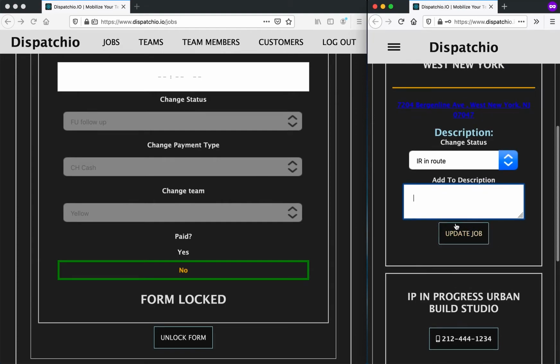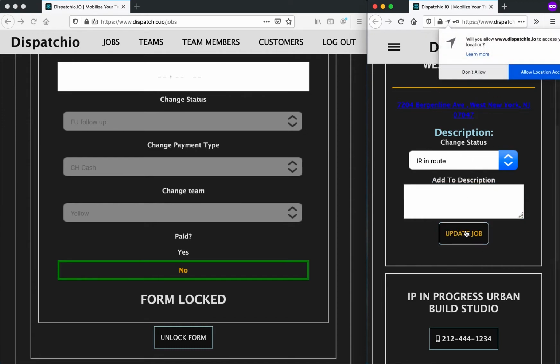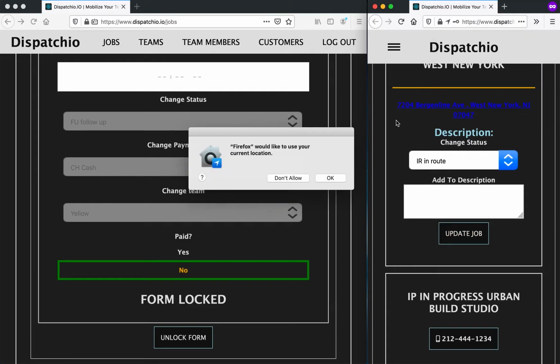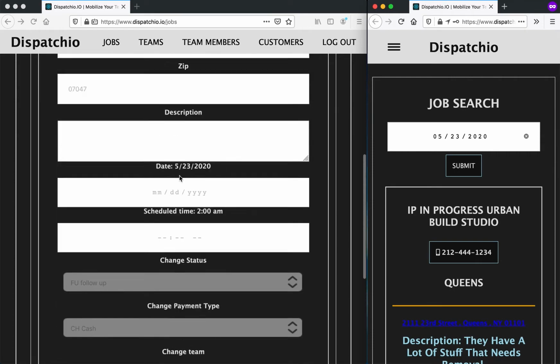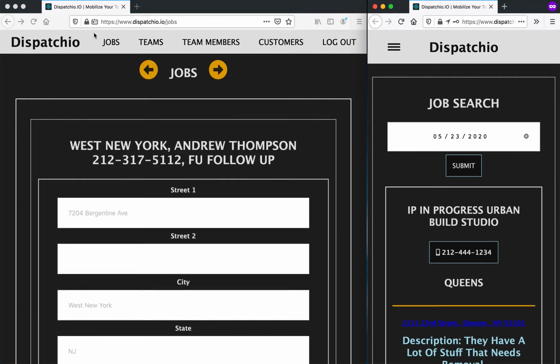So now when I hit update here, two things are going to happen. First, it's going to ask me for my location, because this is the first time that we tried this with this setup. So we're going to allow location. And the other thing that's going to happen, right now I don't have any kind of WebSocket set up, so we do have to refresh the page for this. That's one of the features that's in the works. But if we come back to jobs here,